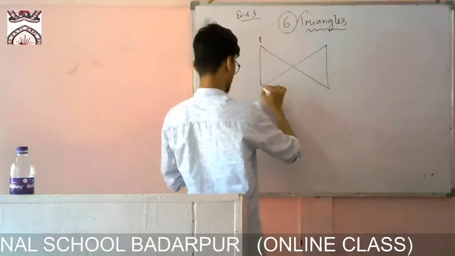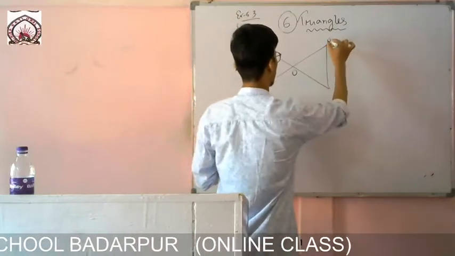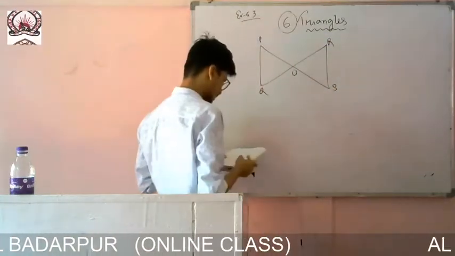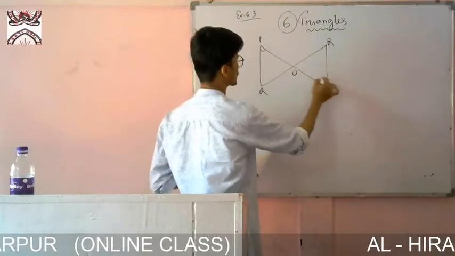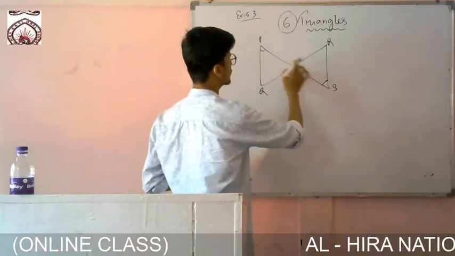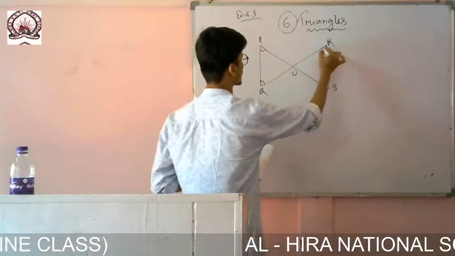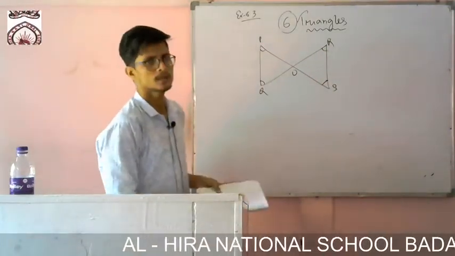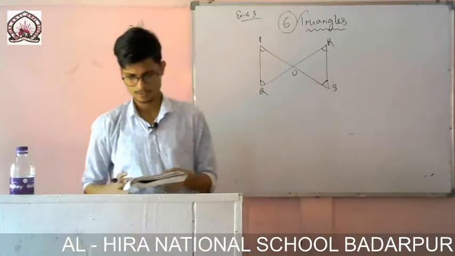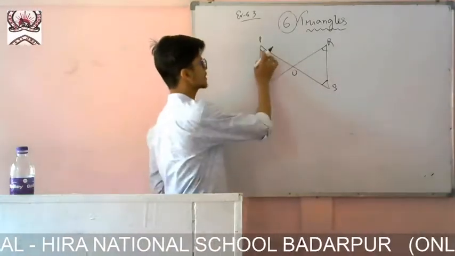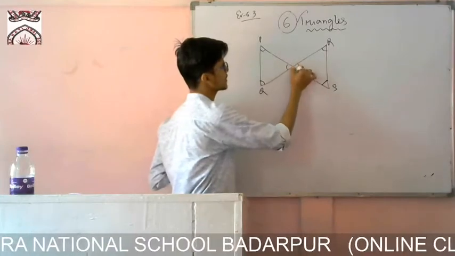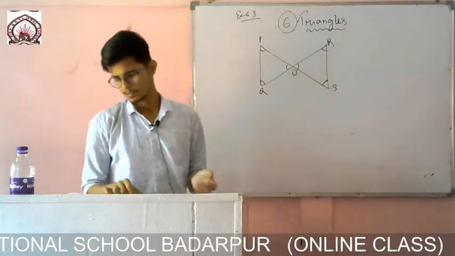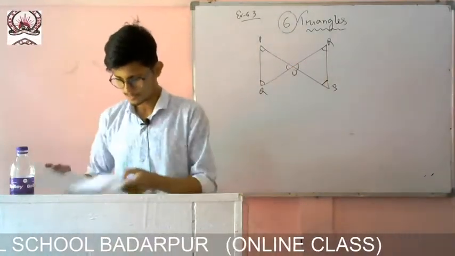So P, Q, O, R, S are given. What can I write? Angle P will be equal to this one, because these two lines are parallel, so this will be an alternate angle. For this one also, this one and this one will be alternate. So if two angles are equal, I can say that the triangles are similar, so finished. Or else you can write only two angles, and this one also you can show if you want. So this is very easy.